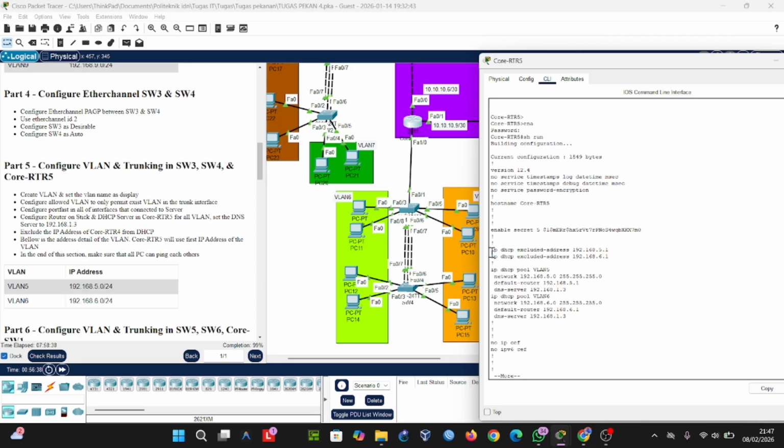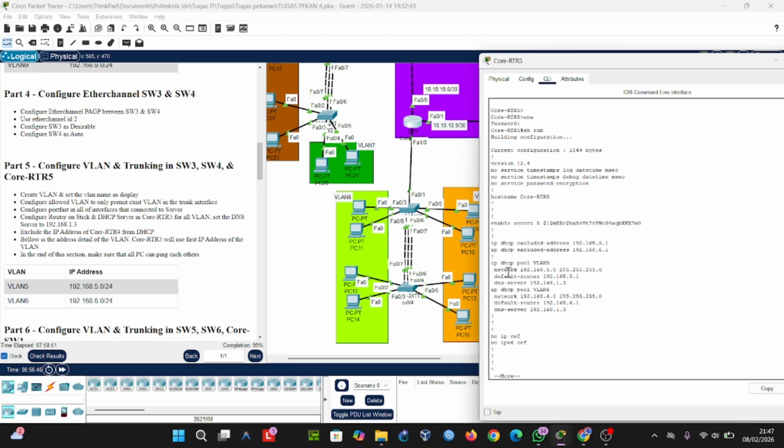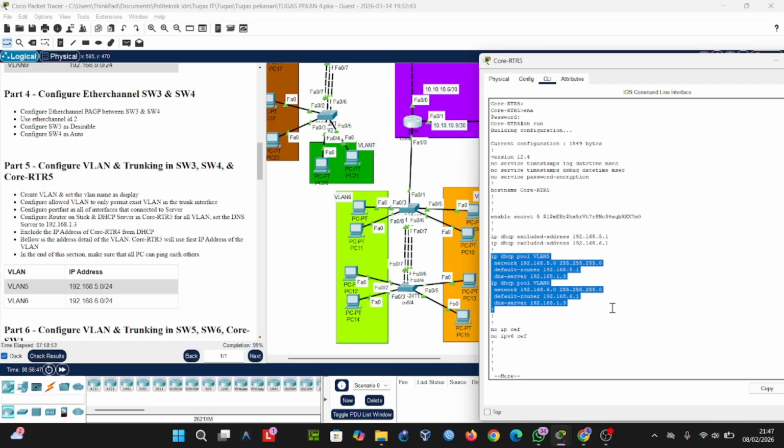And this is the IP DHCP configuration. You can see the excluded IP in the sub interface. Continuing, I configure the HTTP line 5 and 9.